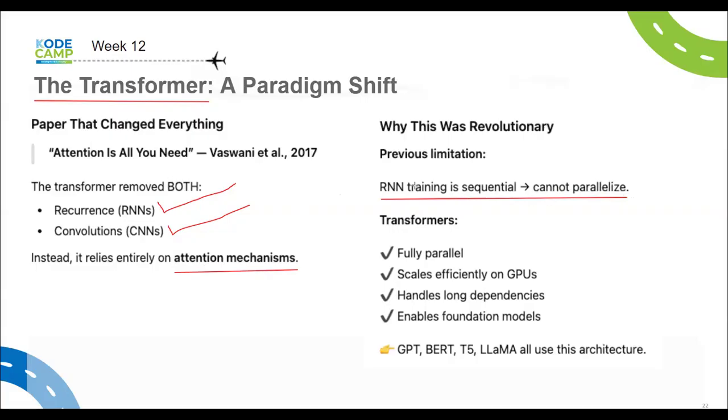So why was the transformer such a big impact, a big difference? Because first of all, recurrent neural network training is sequential. You can't parallelize it. Remember, it has to do with sequential information, right? And we are talking about natural language processing here, not sequential data like time series data. We're talking about more like just language, basically. This was all really in the domain of NLP, natural language processing, right? So in the domain of language, sentences, paragraphs, yes, it is still sequential, but